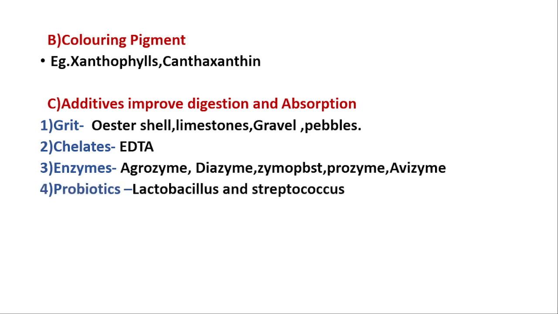Then probiotics. Probiotics are live cultures of useful bacteria, and these are used along with the medicine and the medium in which they were grown. The example of probiotics, that means the good bacteria, are especially lactobacillus and streptococcus. The reasoning behind the use of probiotics is that the ingestion of these organisms would increase their number in the digestive tract, and their dominance would reduce the population of bad bacteria